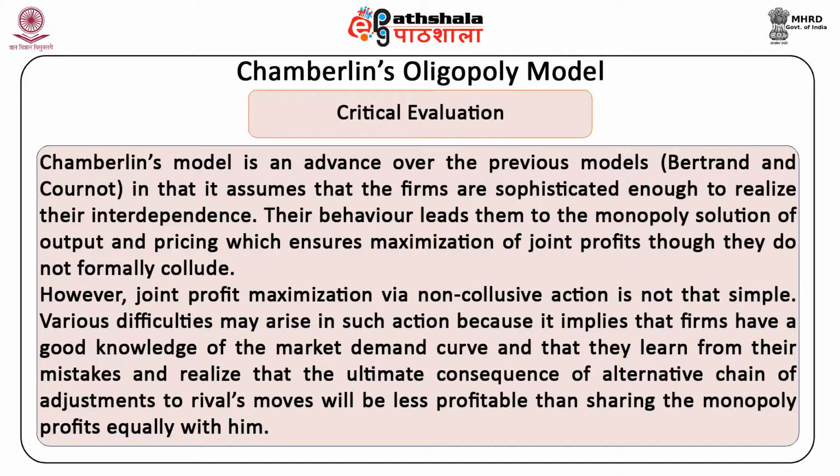The upper section of the kinked demand curve, that is at prices above P, has higher price elasticity than the lower part. The reason is that the firm believes that if it raises its price above P, other firms will not follow suit and it will therefore lose sales and much of its market share. On the other hand, the firm believes that if it lowers its price below P, other firms will follow suit because they will not want to lose their shares of the market.